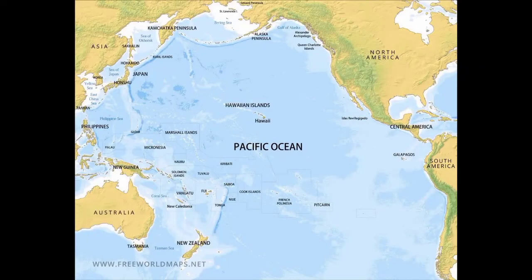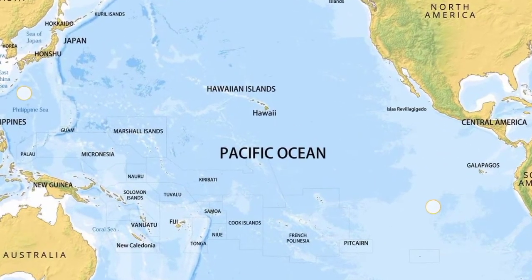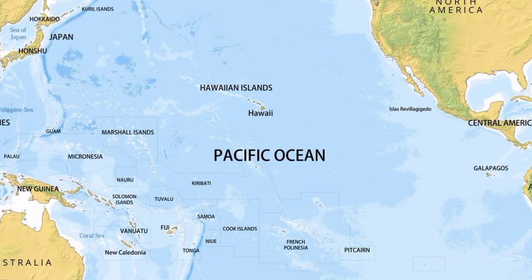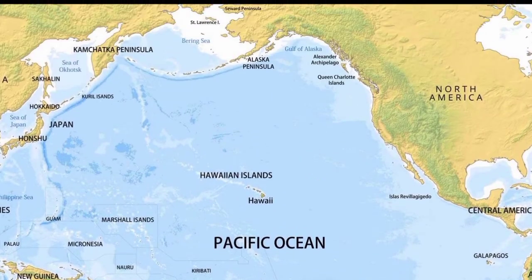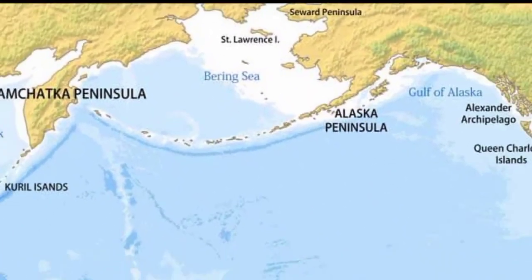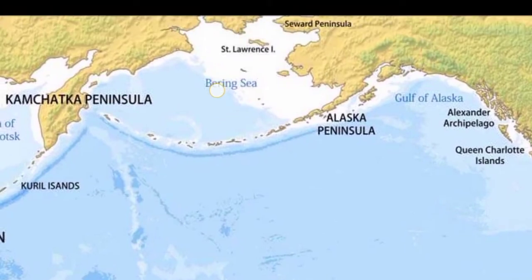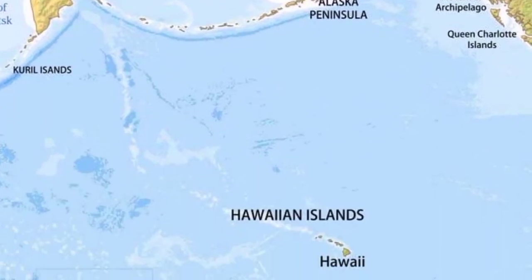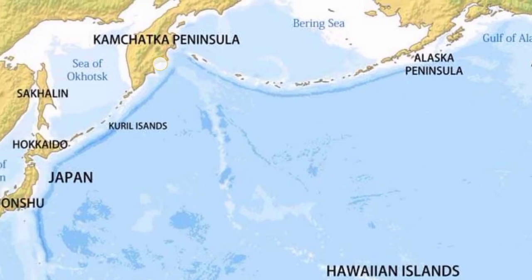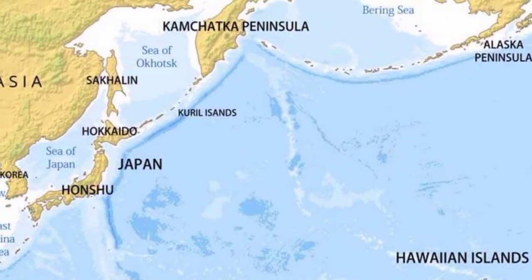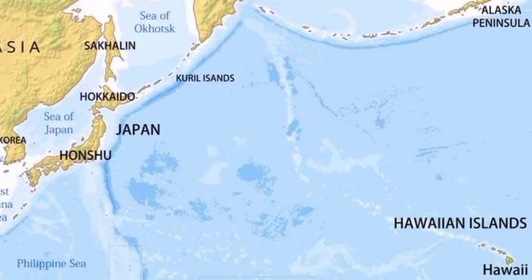Hello friends, here in this video I just want to show you Pacific Ocean map. Okay, we start from here. This is Bering Sea and this area is called Bering Strait, Alaska Peninsula, Kamchatka Peninsula, Sea of Okhotsk, Kuril Islands,